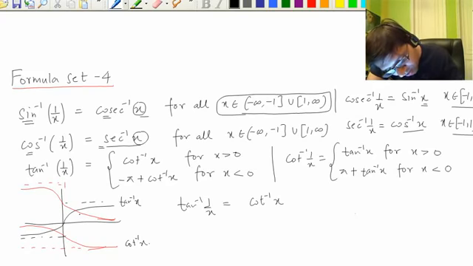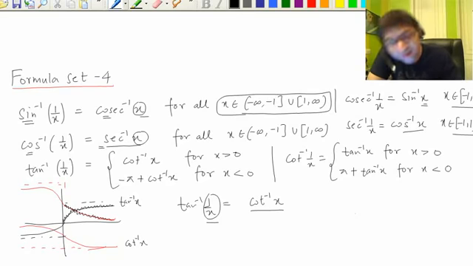So for positive values, if you take tan inverse of any value, the angle lies between 0 and pi by 2. The angle lies in this part for positive values. And if you map it to cot inverse also, it lies between 0 and pi by 2. So there is no conflict in the principal value branches. They belong to the same category, because both of them lie between 0 and pi by 2, so they are equal.